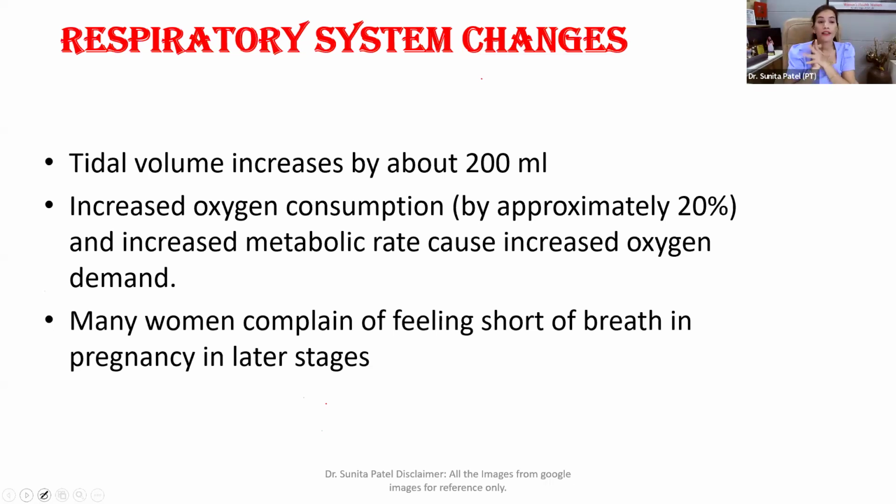Okay. Next is the respiratory system change. Tidal volume is going to increase by about 200 ml. It means oxygen is being utilized by the uterus as the baby is growing up. So a 20% increase in oxygen demand normally happens. It can be 20 to 30, but approximately it will be 20%. That is because your metabolic rate is very high, the baby is utilizing energy, and the blood supply is also there. So there is more oxygen demand from the uterus, and that requires better